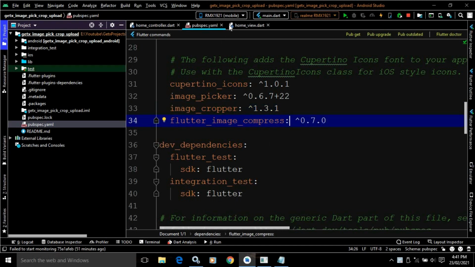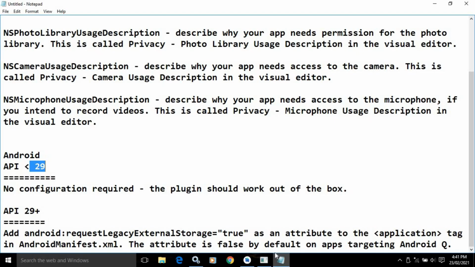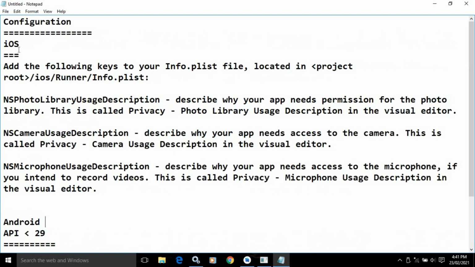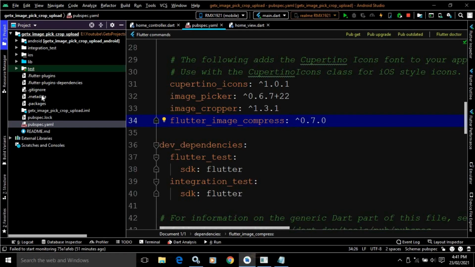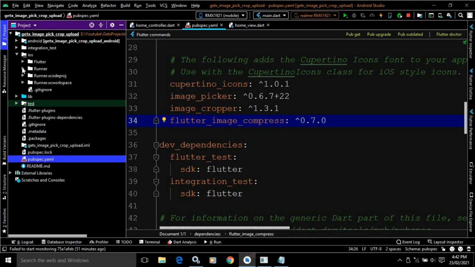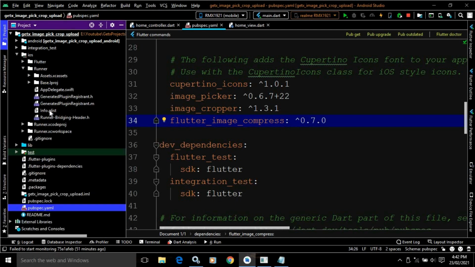Now, after using this image picker plugin, we need to do some configurations. What configurations we need to do? In case of iOS, we need to add this and this key to the info.plist file. If I go to the project and expand iOS runner, then here you can see the info.plist file is there. In this file you need to add those keys.